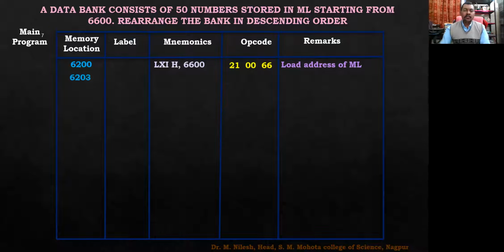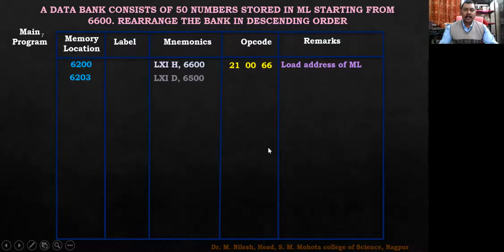In 03, we are going to load the address of the memory location where we are supposed to arrange it in descending order. So we'll be loading it by which instruction? Anybody can unmute themselves and tell me what instruction can be used for that. I guess we are using register pair D for that. What would be the instruction? Anybody? Yeah, Shobit, Surbi can tell me. What would be the instruction? Okay, not possible. Okay, let it be.